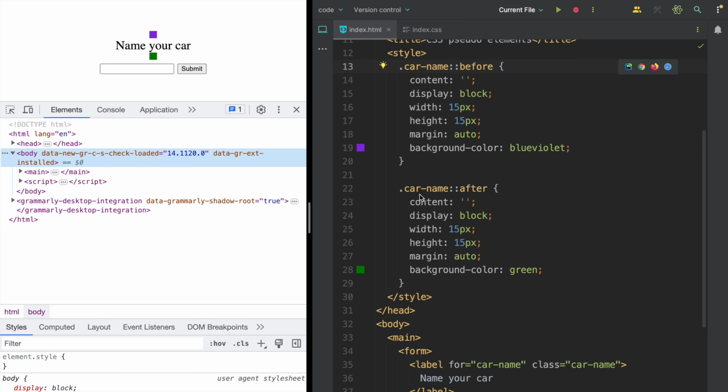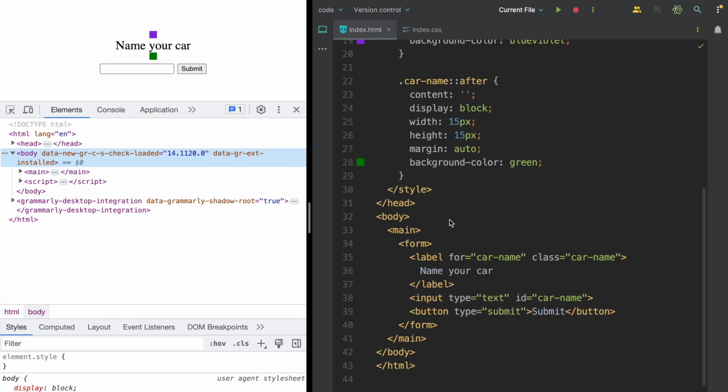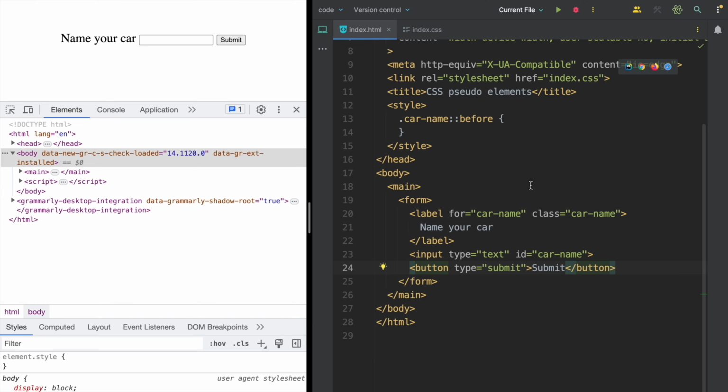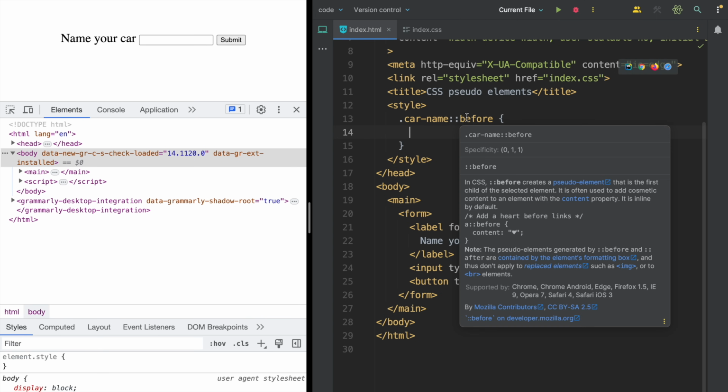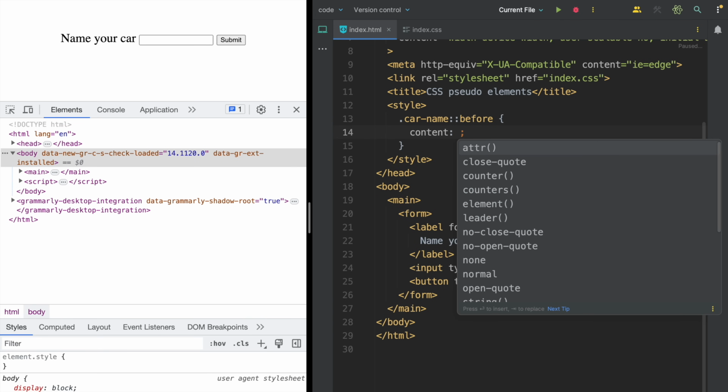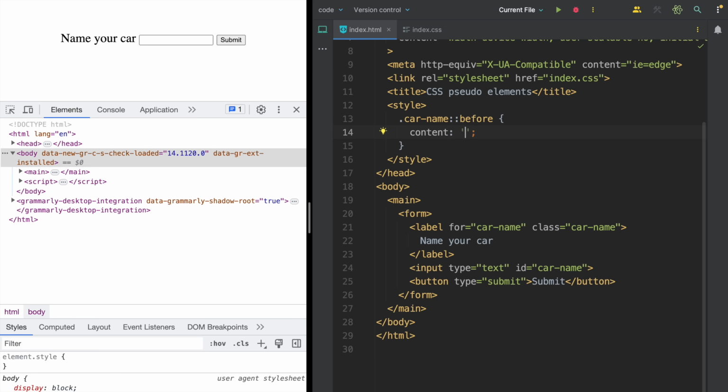Let's do something useful with pseudo-elements, and for example, it could be a tooltip. Before we start creating a tooltip, I need to say that we can place some content in before. The content property should be a string, and it will appear before our content. It could be, for example, an asterisk. And the same thing we can do by reading the content through specific CSS functions, like attr for reading